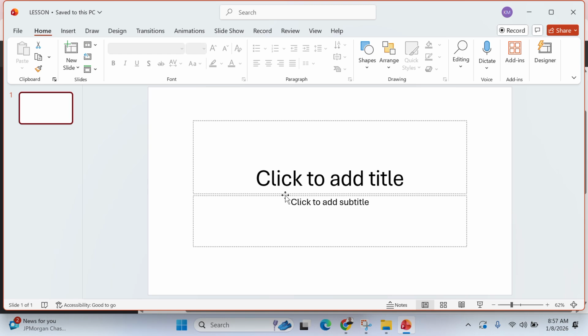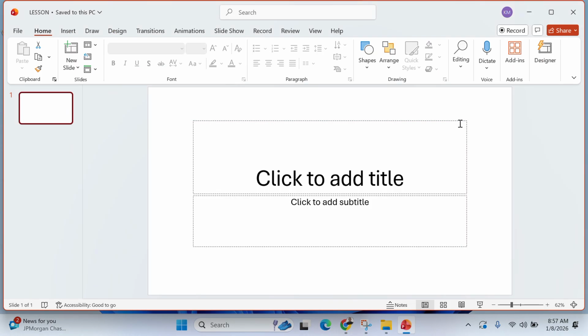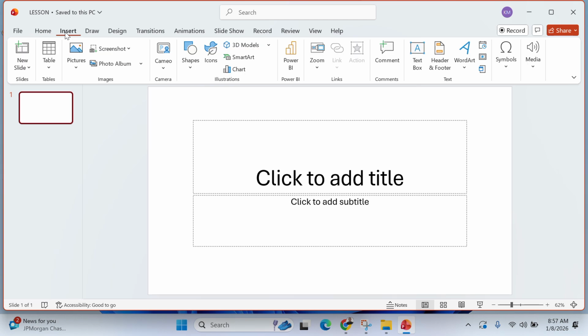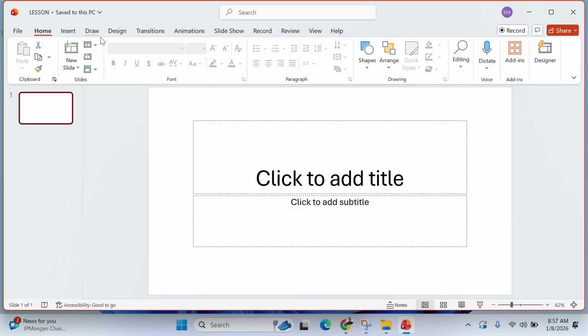Okay, now click to add title. So if you want to add data into the presentation, because number 5 was inserting a new slide and adding content in an already created PowerPoint, if you insert a slide, it means you can type in that slide. Just like a page in word processing, you can type in the page. Even here in PowerPoint, you simply create a slide like I have done. You can use the home tab, or you can even use the insert tab. New slide is right here. So any tab you want. So I used the home tab and I created